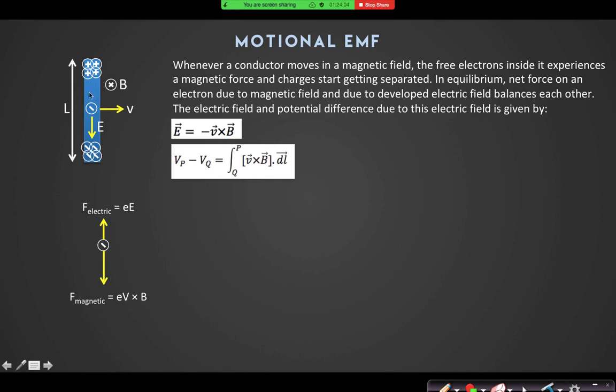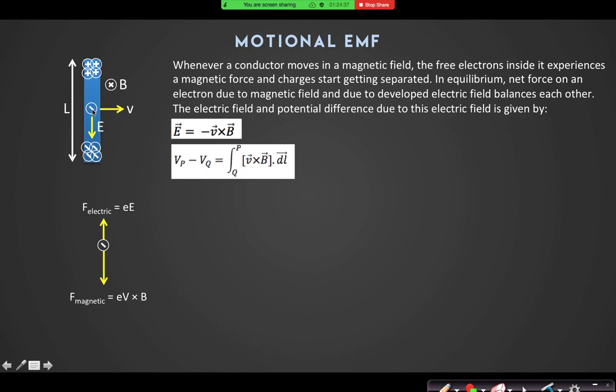So what is the direction of the magnetic force on that charge? Upward or downward? Sir, upward. Down. It's downward because it is a negative charge. If it were a positive charge, it would be upward. But if it is a negative charge, it will be downward. So what is the downward force? e into v cross B, yes or no? Yes, sir.